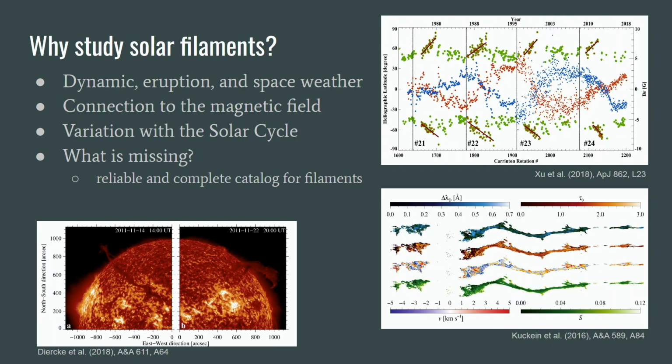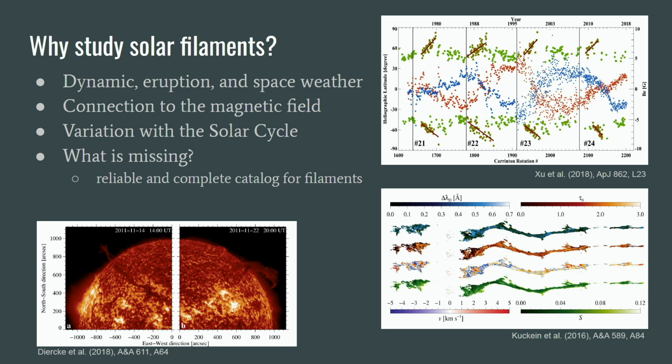They are really dynamic. You can track the flows and see the different Doppler velocities in the filaments, how they are formed, and when they are connected to the magnetic